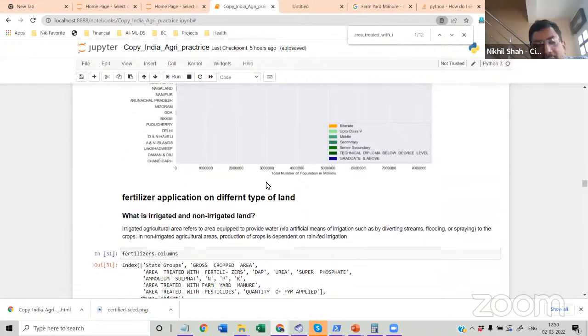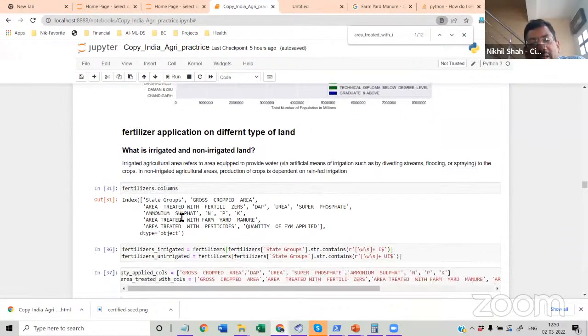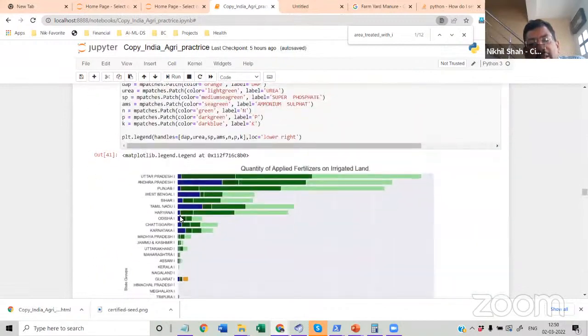Now, let's look at some real analysis. I wanted to see the fertilizer applications on different types of land. So basically, irrigated land and non-irrigated land. Basically, those who are relying completely on rain, that is non-irrigated land. And I wanted to see the results.